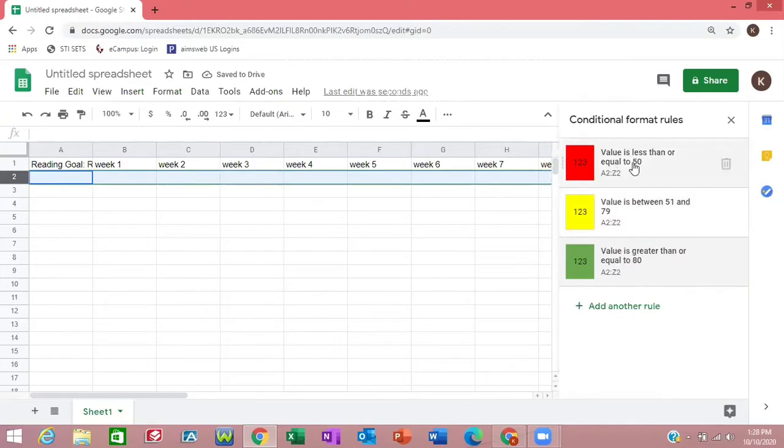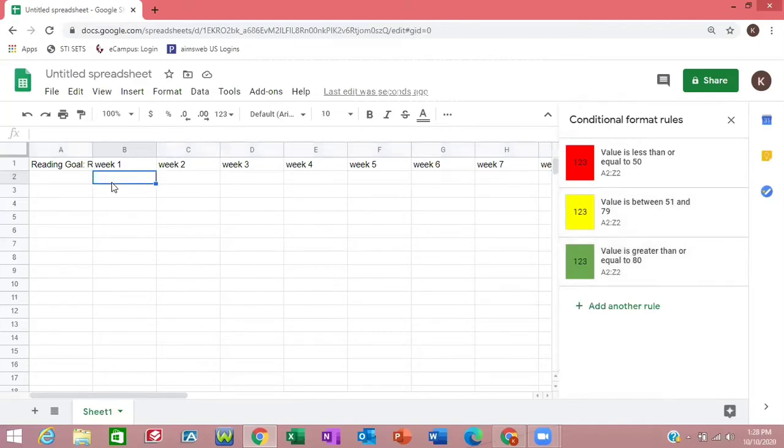Value is less than or equal to 50. Value is between 51 and 79. Value is greater than or equal to 80. So I'm going to come in here and make sure they work. I'm going to go 25, 43, 63. Actually, let's do 52,